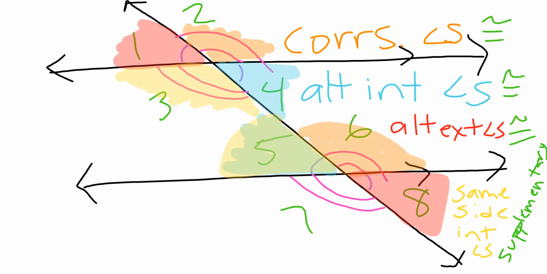The most important ones are these 4. Corresponding angles are congruent, alternate interior congruent, alternate exterior congruent, and the one that's different, same side interior. Those are supplementary. All right, so that is pretty much the review of our geometry stuff that we talked about